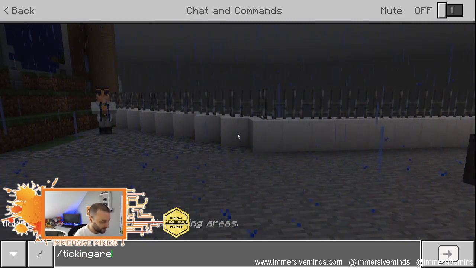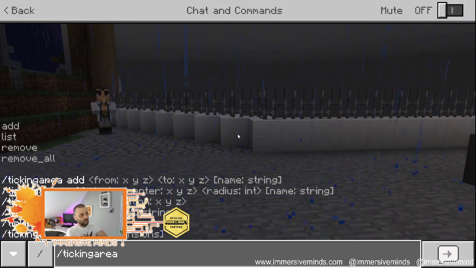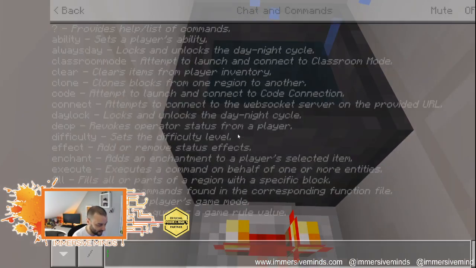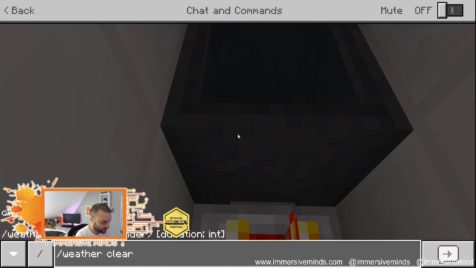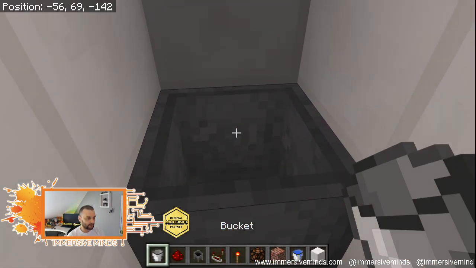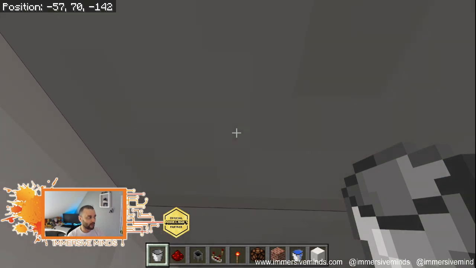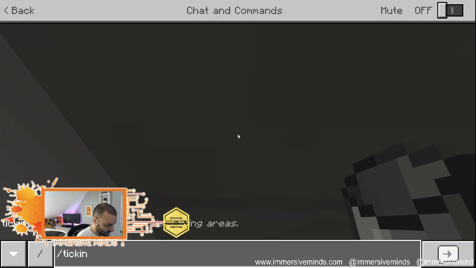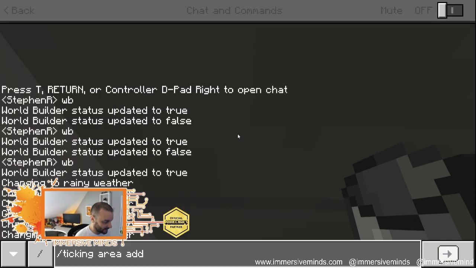There we go, ticking area, and then I have to set the positions. So actually we can try that, because I've never made a ticking area before. So let's stop the rain. I've never made one, so let's see if it works. Let's empty the cauldron, and then let's just make the ticking area 1 block. So that would be, I'm just going to write this on my whiteboard, minus 57, 70, minus 142. And it's not 70, it's 69, because remember, I'm standing on the cauldron, which means technically it's down below. So let's do this. Ticking, I need to do that, slash ticking area, add,